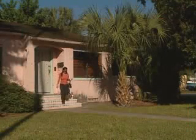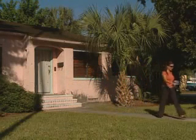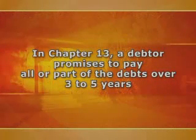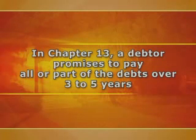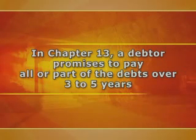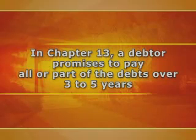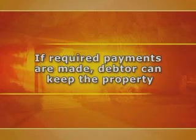A Chapter 13 case is often used by individuals who want to catch up past due mortgage or car loan payments and keep their assets. In Chapter 13, the debtor must propose in good faith to pay all or part of the debts from future income over a period of 3 to 5 years. If the court approves the plan, the debts may be settled in this manner even if some creditors object to the plan. If the debtor makes the required payments, he or she will be able to keep his or her